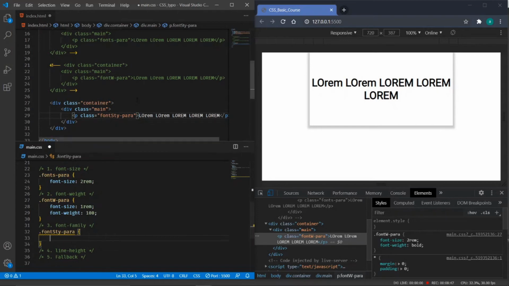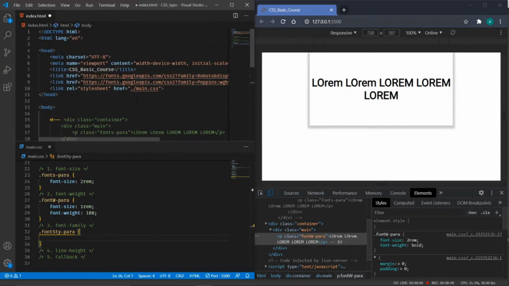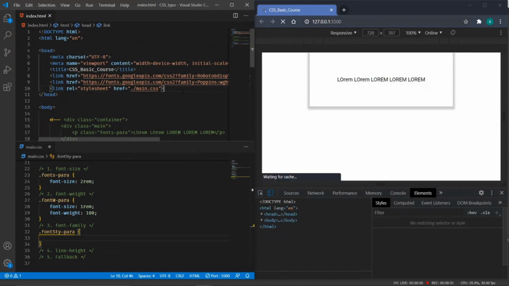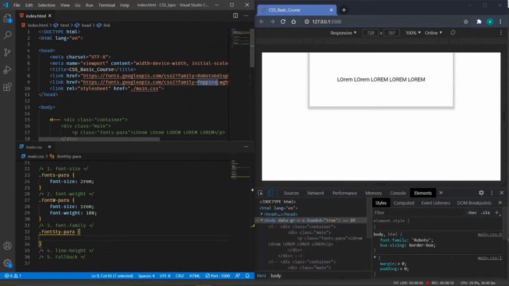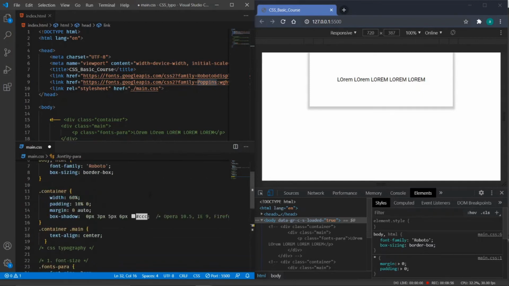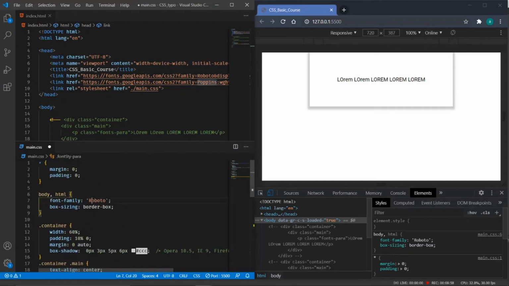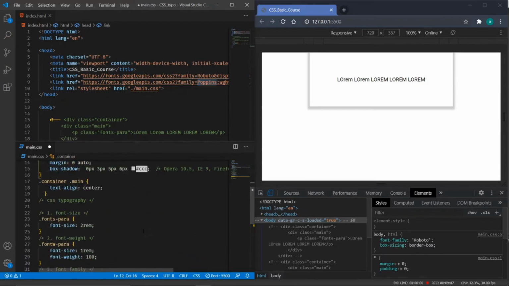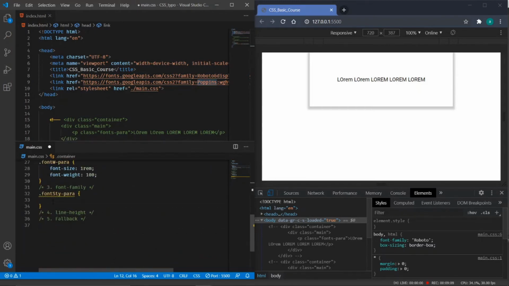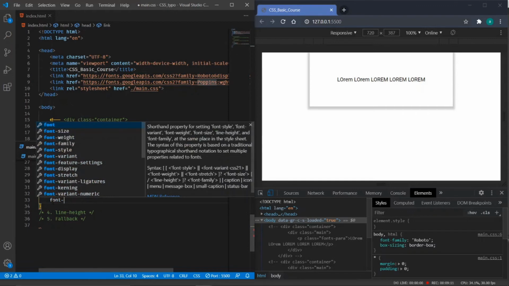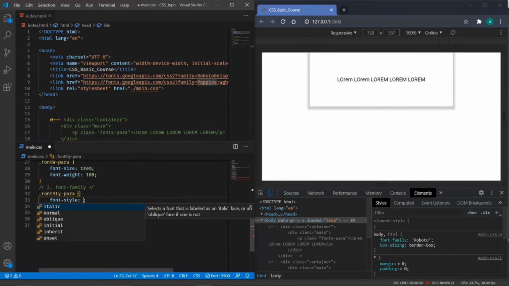As we've discussed, we have already added one extra CSS, so I will use Poppins for this. By default we are using Roboto, which you can see here. We are also having Roboto here. Right now I want my particular p tag to show only Poppins. For that we are using font style. Using the font style you can have a particular targeted element with that styling.